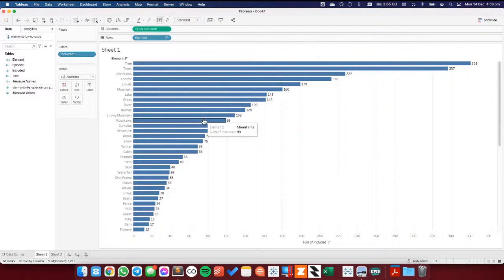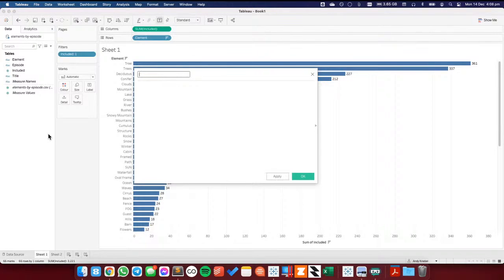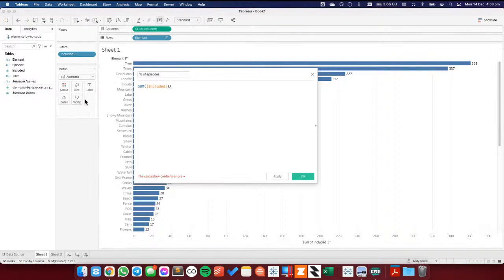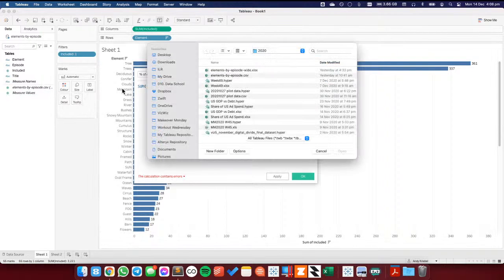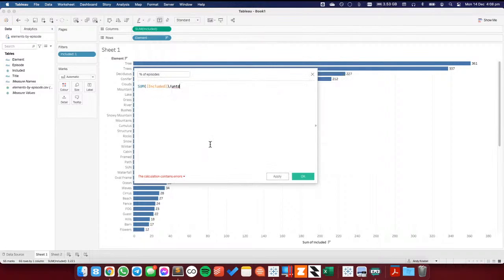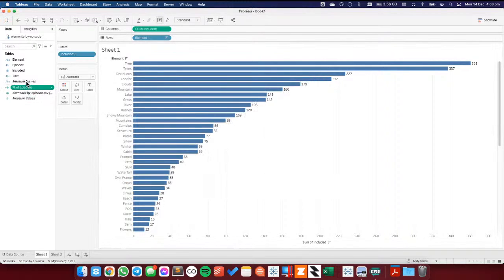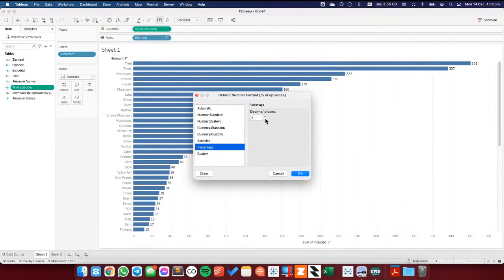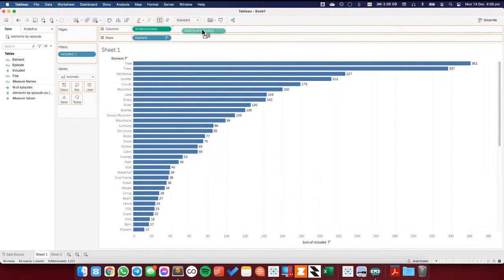So yeah, I'm going to start by just creating this. If I want to know the percent of episodes, I would simply do the sum of included divided by the count distinct of episode. And this will then give me a percentage. So I'm going to set the default number format to a percentage with 0 decimals. And now if I put that here,